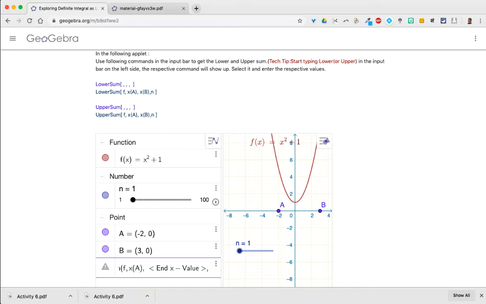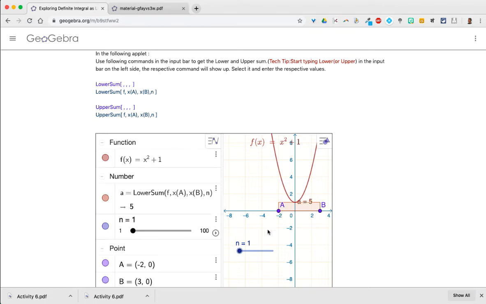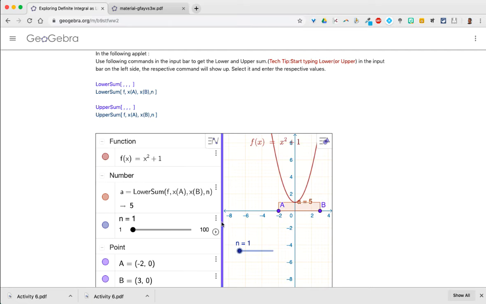Again, use the right arrow to move to the next part of the rule, that is the end value, which is the x coordinate of B. Again, let's take the cursor to the number of rectangles, that's n. And here is what you see coming up as your one rectangle. Click on the graphics side and you can see